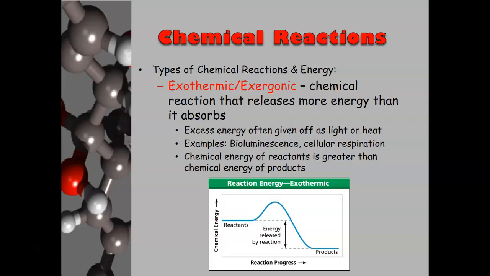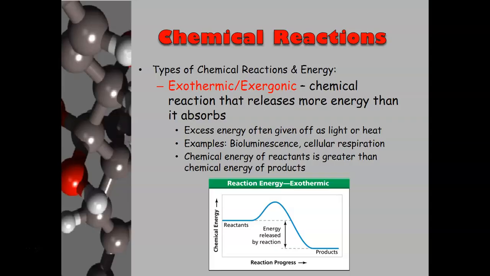And so these kinds of reactions tend to happen spontaneously. They tend to be quick, easy to get started, easy to finish. A lot of times that excess energy, if it doesn't have anywhere to go, will come off as heat or light. So something like the glow stick reaction is an exothermic, exergonic reaction. We're getting excess energy coming out of that chemical reaction, and we see it as the light in the glow stick. Some other examples that are happening in nature: